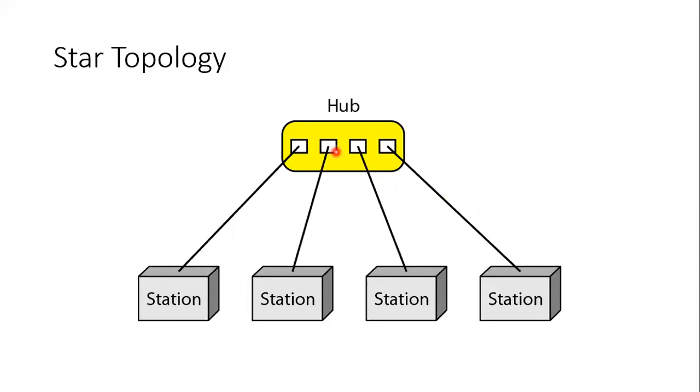Another advantage is robustness. That is, suppose that if one station fails, what happens? The other 3 stations can communicate via hub. So that is called robustness. The fault identification is also easy. Suppose that if station 2 fails, we know, and we can disconnect this one, and then connect it again by using cabling or other methods.